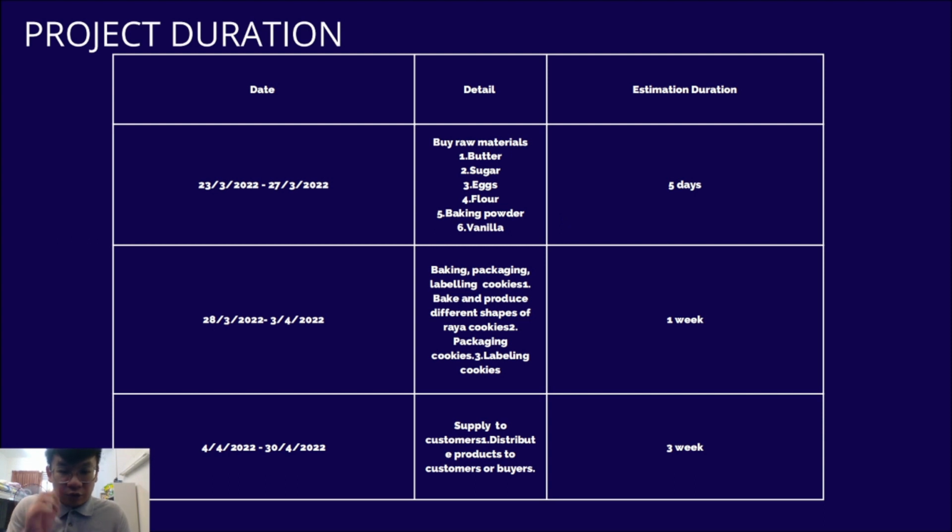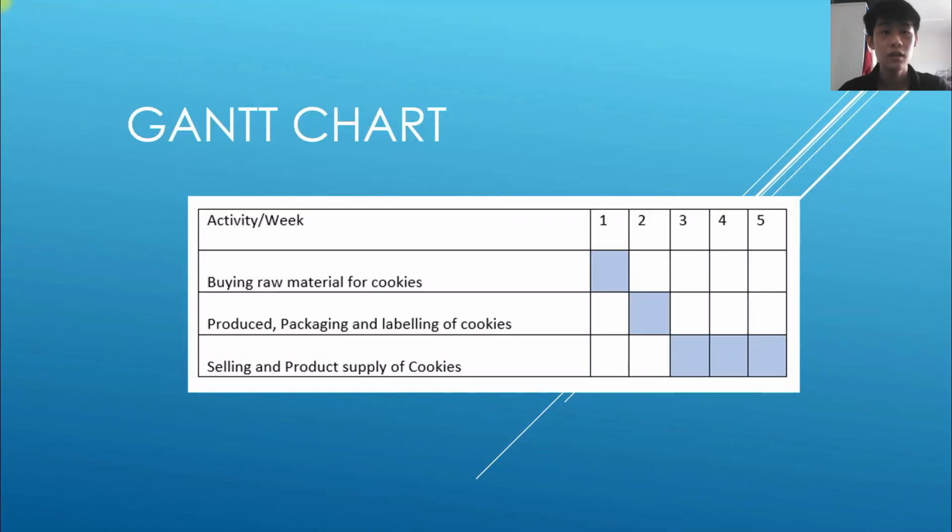We bake and produce different shapes and tastes of cookies to supply to the customer. This will take around 1 week, and next we will supply the product to the buyers, the customers, which will take around 3 weeks.